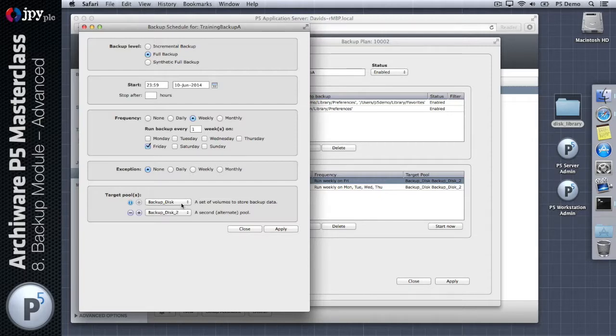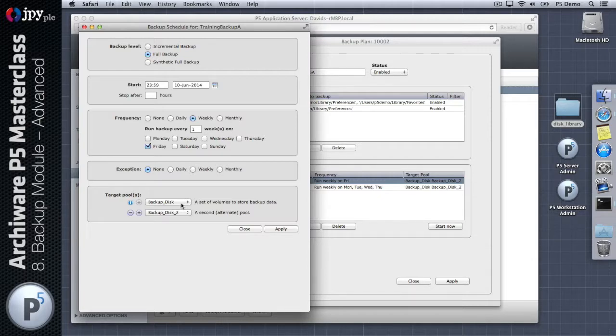Now, the special thing that happens here is that the two pools of tapes are maintained independently of each other. So this means that there is no interplay between the two pools regarding what data gets written where. So each pool is written to such that it contains its own copy of all the data to be backed up. So that means that if you're doing incremental backups Monday, Tuesday, Wednesday, Thursday, and you're swapping these two pools around each day,